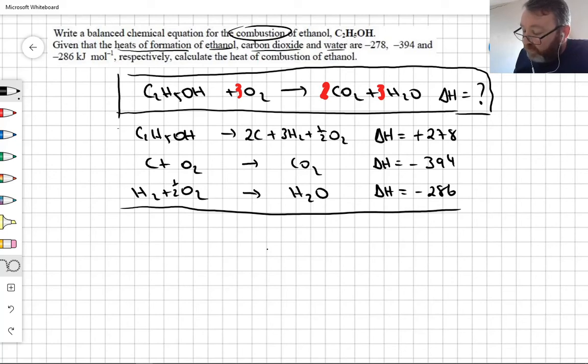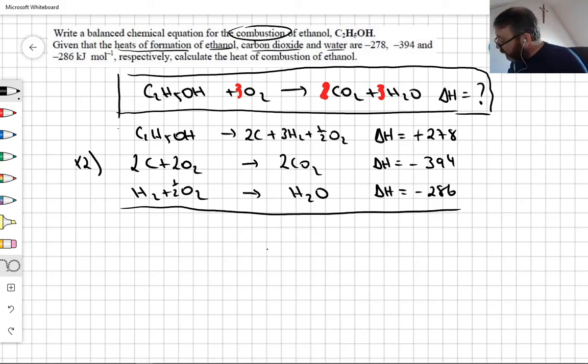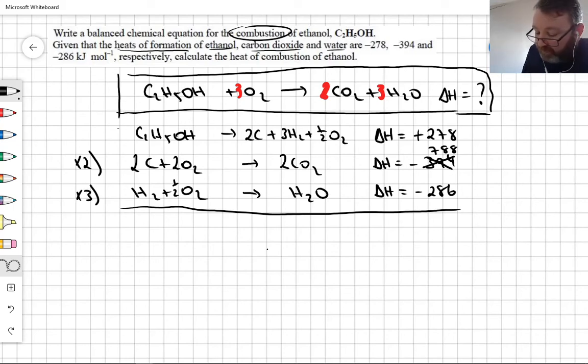Carbon dioxide, I require 2 of them. In my Lego set, I've only got 1. So I'm going to multiply this equation here by 2 to give me 2 of them, and twice the energy. So 394 times 2. That's 788. So instead of that, 788. Okay. And lastly then, I need 3 H2Os, which means I have to multiply this equation here by 3. 3 of them, 3 halves is 1.5, and then 3 of them, and again 3 times the energy, and that comes out as